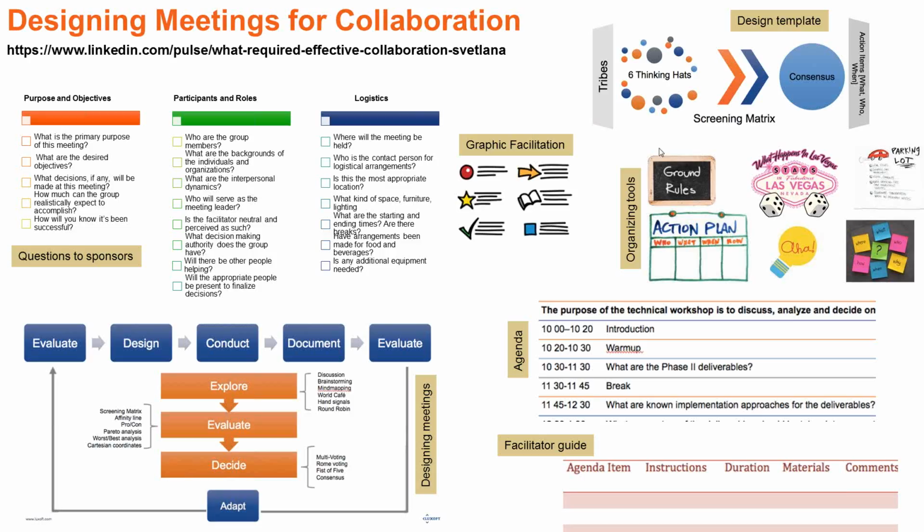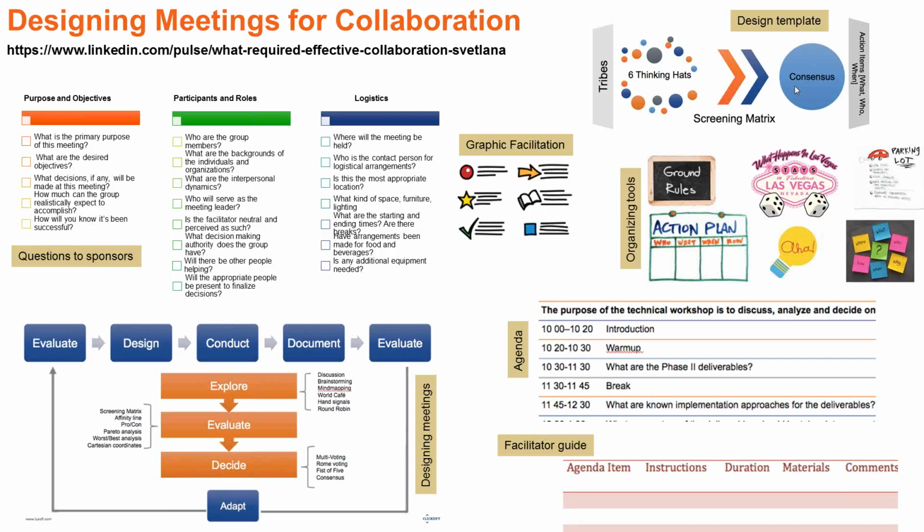Also we talked about meeting design templates, that there should be some beginning, for instance, a warm-up, then a technique, for instance, for information exploration, then some technique for evaluation. As you see here we have an evaluation block, and here is also an evaluation block, and we use screening metrics for this. So when you design your meetings, you split them into blocks, and each block contains a particular facilitation technique.